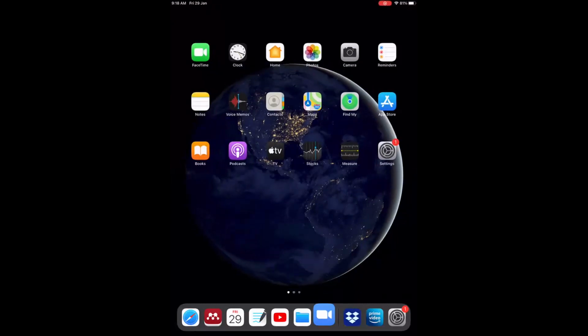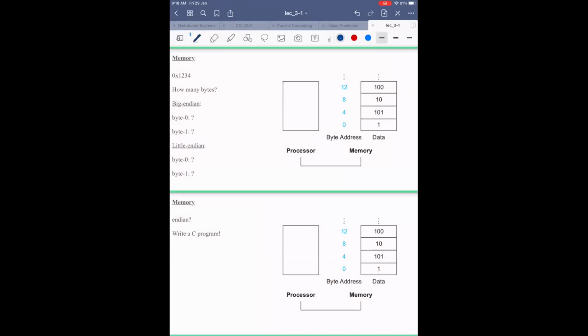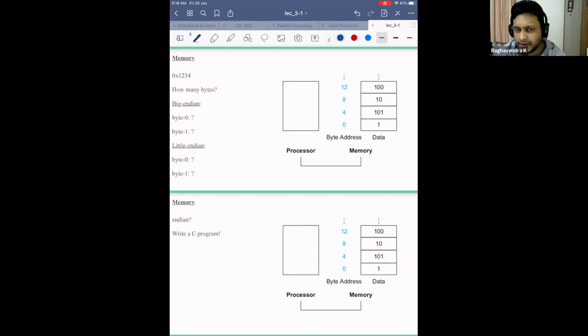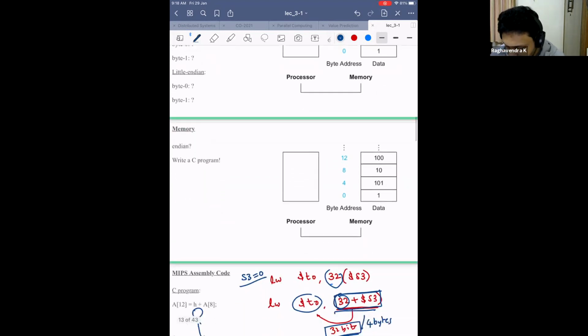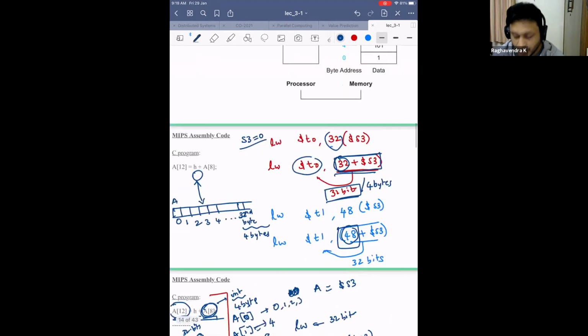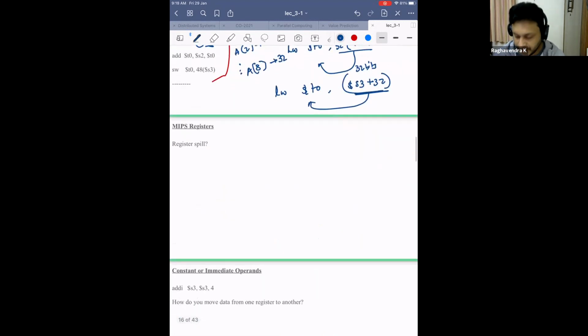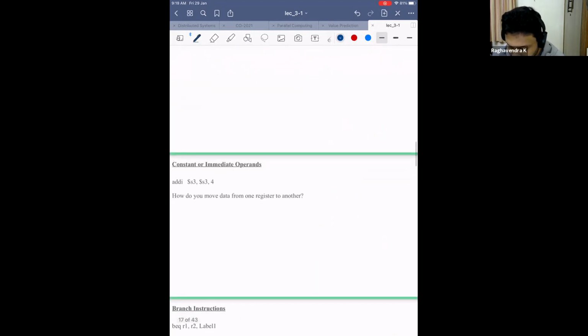Maybe when we use float, then the integer part of that float variable is stored first and then the decimal part. You are not exactly right, but yeah, the thinking is in the right direction. I would leave you to go and read about it. But you have to understand that there are many ways to store this data. One is big endian, the other is little endian. Of course, there is PDP-11 endian or middle endian, and you can just go and read about it. But I hope you guys understood what we are trying to do, right? If you have any doubts, please ask me.